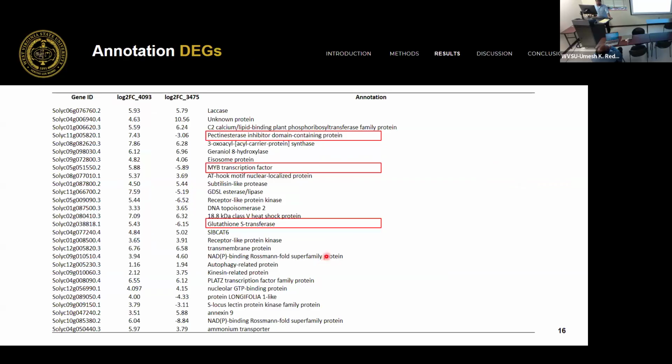This table shows the common DEGs between the two lines. The point to notice here is that certain genes show contrasting regulation, completely opposite regulation, highly upregulated in the resistant and considerably downregulated in the susceptible one. Genes such as pectin esterase are essential to maintain the pectin composition in the cell. Also, glutathione transferase is an enzyme that helps to counter reactive oxidative stress